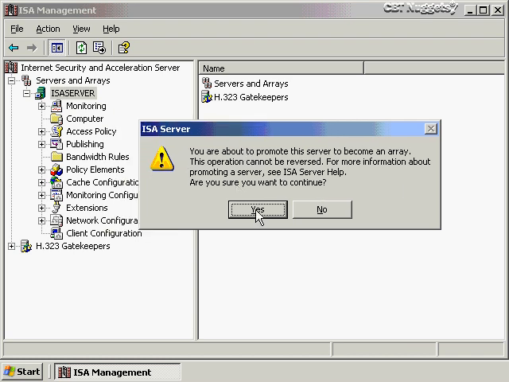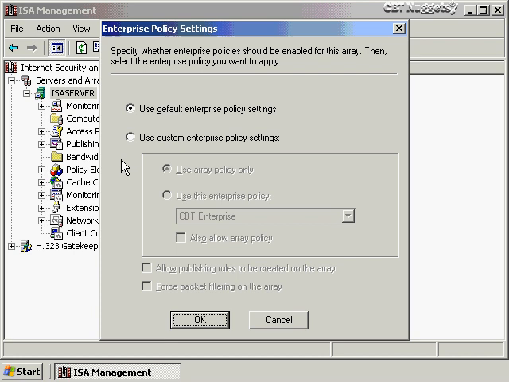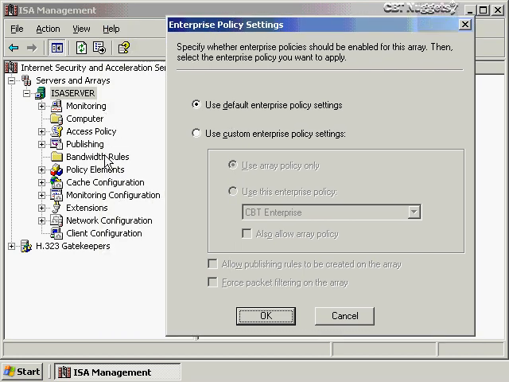So I'll go ahead and click on yes, and while I'm waiting, not long, what happens to all of the policies that are sitting on this server? I mean, we've been defining tunneling policies for VPNs. We've been defining packet filters, publishing rules. What happens to them all? Well, most of them will be kept, hopefully. Keep your fingers crossed, because we are given the option right here of what sort of enterprise policy we want to use. Now, when we bring this into the array, and I shouldn't say bring into the array, when we create an array for this server, the policies will be maintained as far as they don't conflict with the enterprise